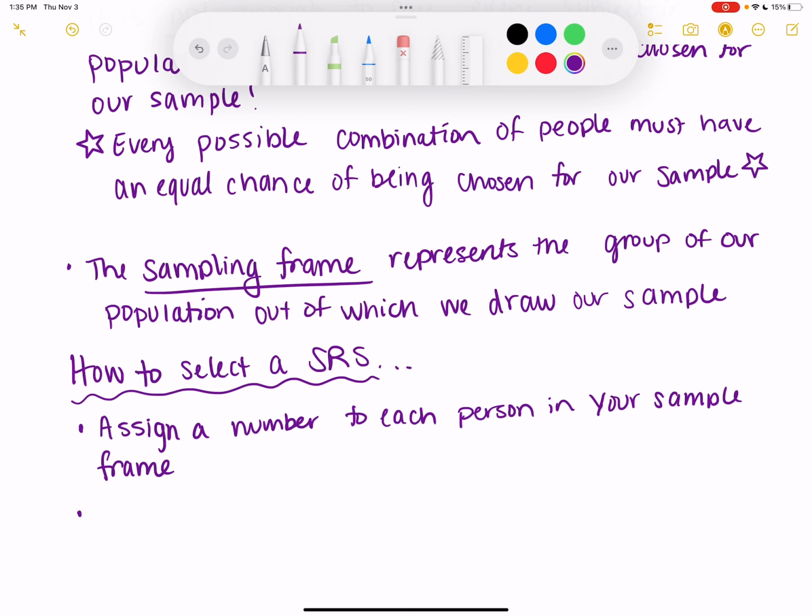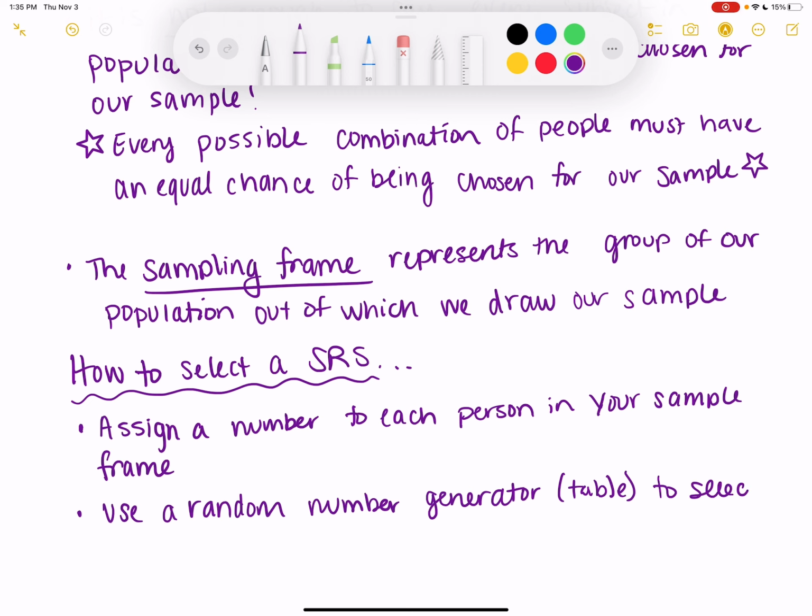You're going to use a random number generator, or table, but we've been using the generator more, to select the correct number of unique numbers.